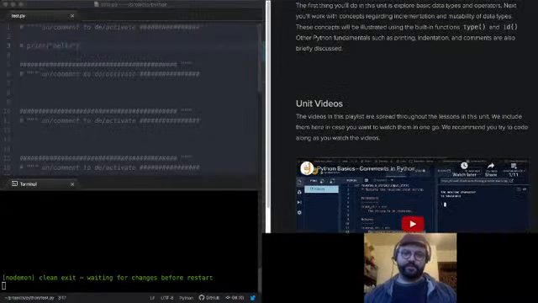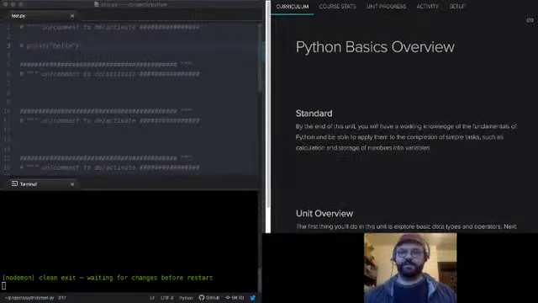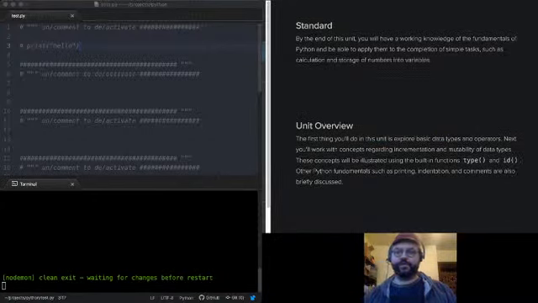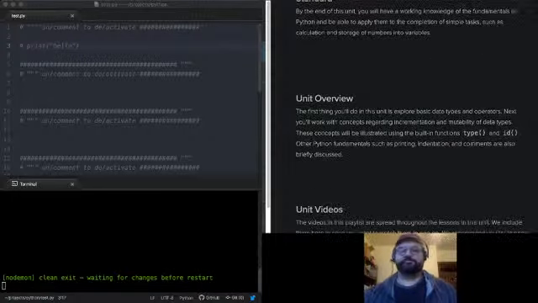But we can go through the unit overview. By the end of this unit, we want you to have a working knowledge of the fundamentals of Python and be able to apply them to the completion of simple tasks, such as calculation and storage of numbers into variables. So just basic using of Python as a calculator and being able to save results into variables.